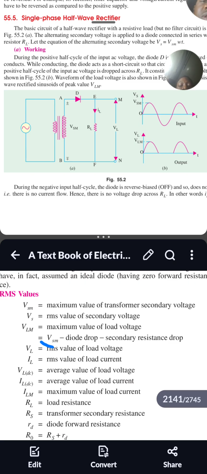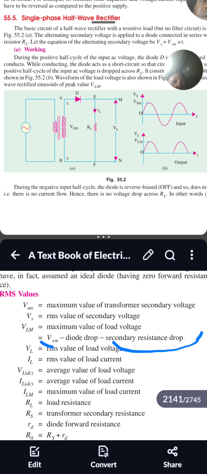Now this diode drop and secondary resistance drop, it means, let's say the diode is silicon. Silicon is 0.7, right? Remember, for half wave you only have one diode, so it will be minus 0.7. Most times they don't need to give this secondary resistance drop. Sometimes, if they give you the diode is silicon, then you are going to